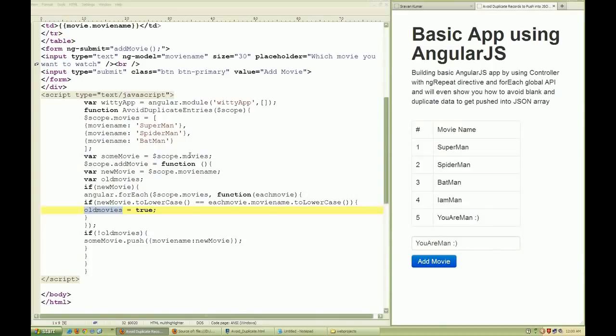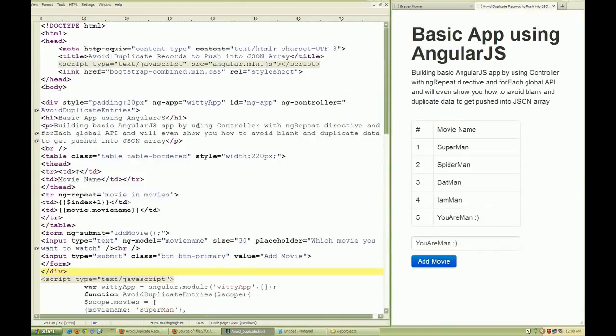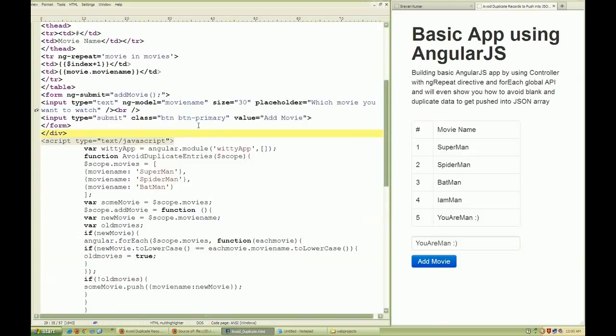This is how we do the AngularJS basics. So I hope you have learned something from this basic application. If so, please drop me a message or comments,